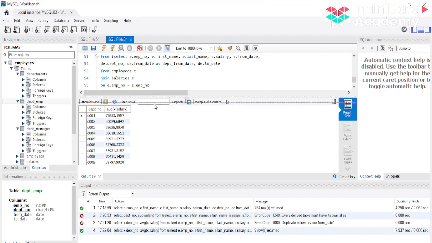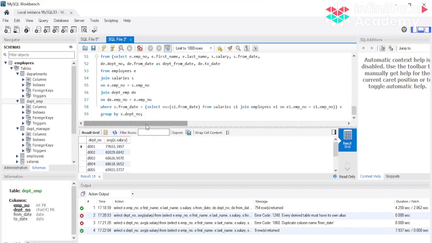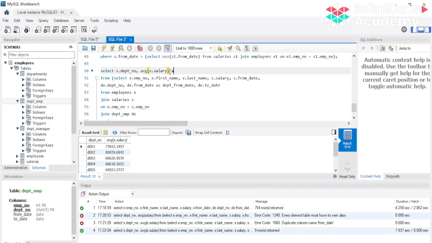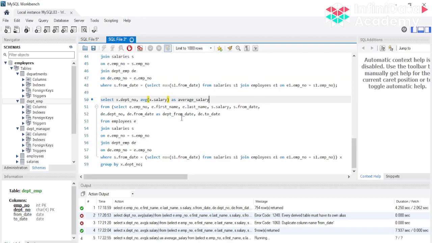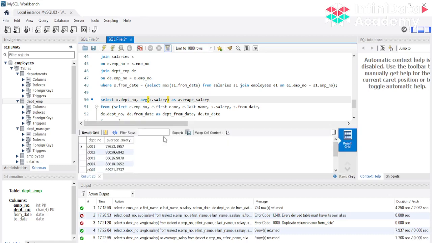And what you can do is, if you want to play around with more of these, you can get the minimum salary, max salary, or just do a count, and you can try and play around with all this. And if you want to make it a bit more readable, I can rename it as average salary, and run this again. It is again going to give the same output, just with a different header name. Alright, so this was it regarding the joins and different aggregation functions that we had to cover.